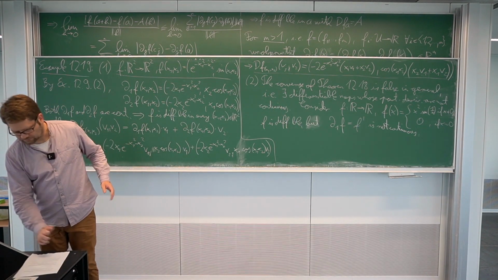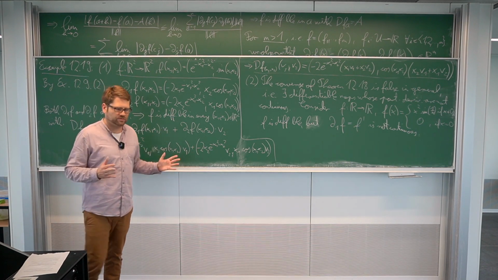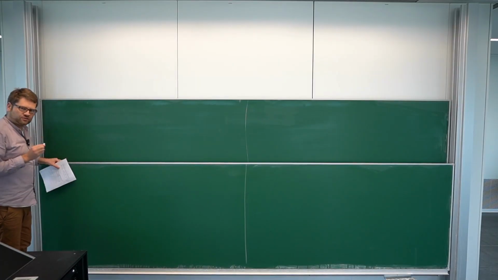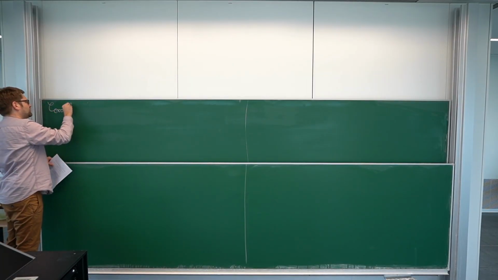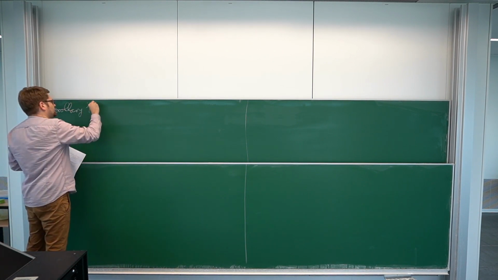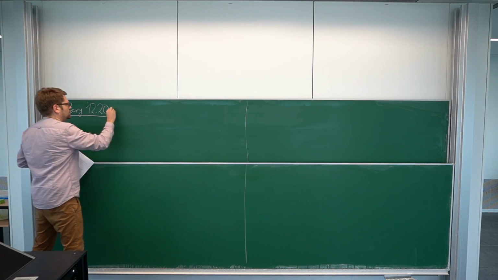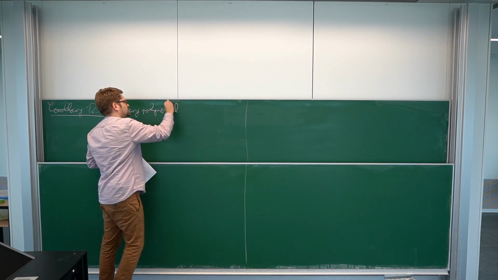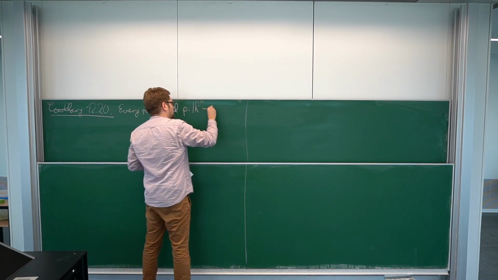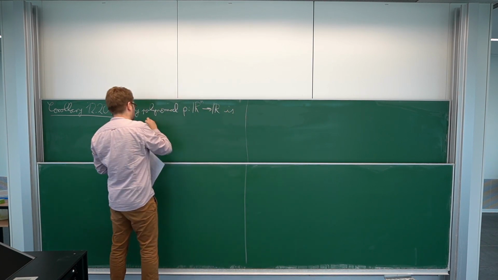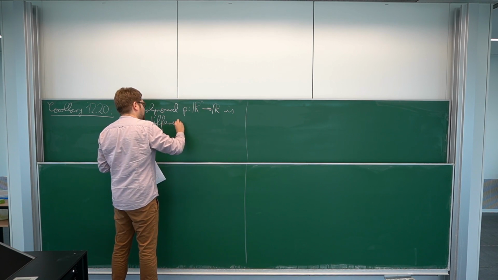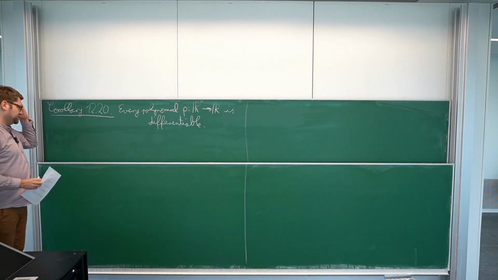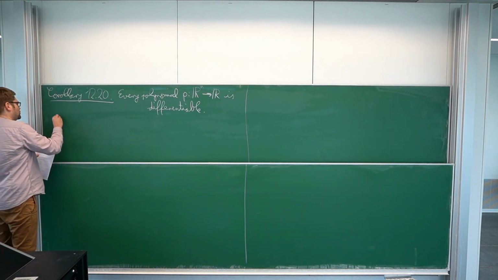Okay, let me erase one last time, and then we have one more corollary and one particular remark which summarizes some of the arguments of this section. One comforting corollary from the previous theorem: our favorite class of functions is differentiable, namely polynomials. Every polynomial in multiple variables, so P from Rn to R, is differentiable. And this is good, because these are the most elementary kinds of functions, and if they were not differentiable, it would be a really bad notion of differentiability. And this can now be easily derived from the theorem,